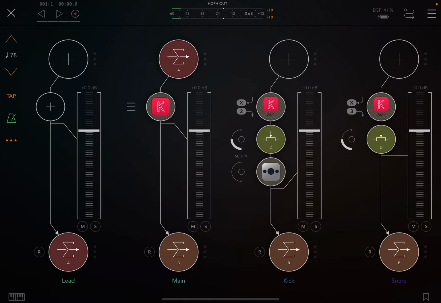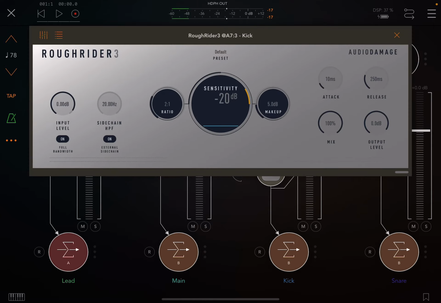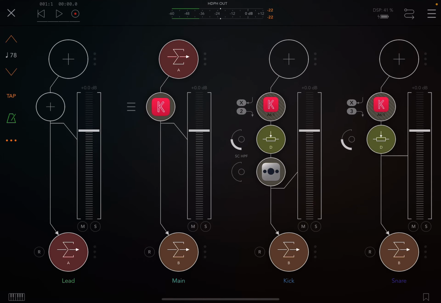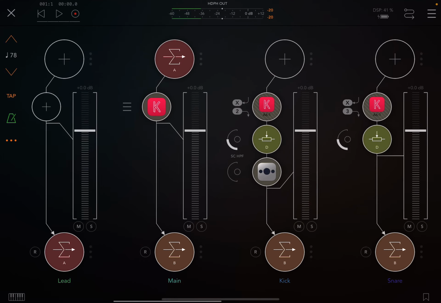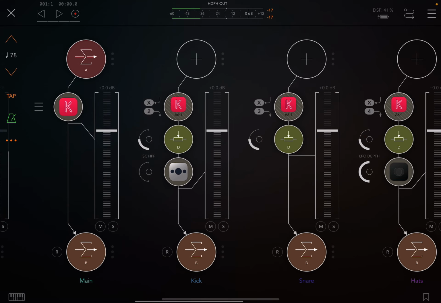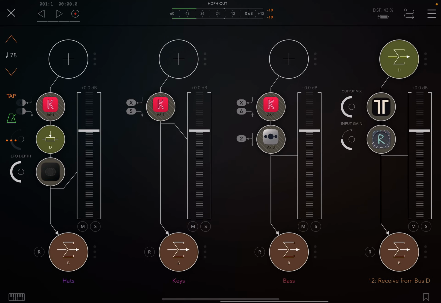So you'll see I'm using this. This is free, by the way. Rough Rider 3 by Audio Damage, a really great app developer. Grab it. It's free because it's kind of a hot thing to have. There's an external side chain in here, which is really cool. So you can put this on the drums for a better mix, is what I'm going to call it. If you have a bass, like here's my bass right here, the bass channel,